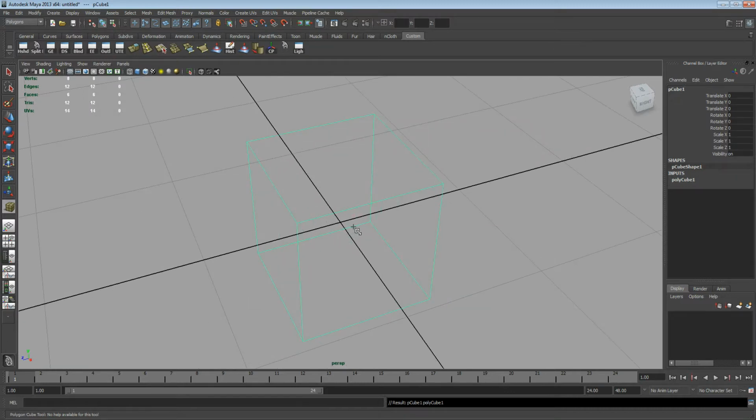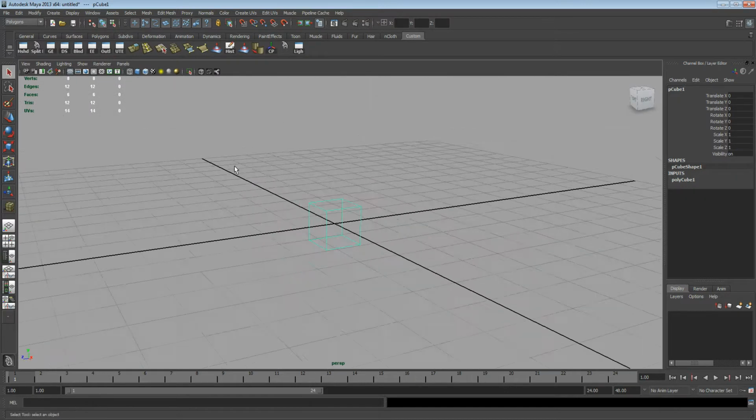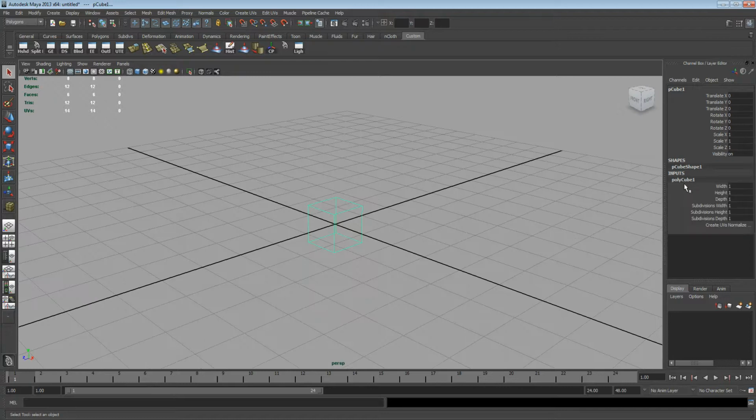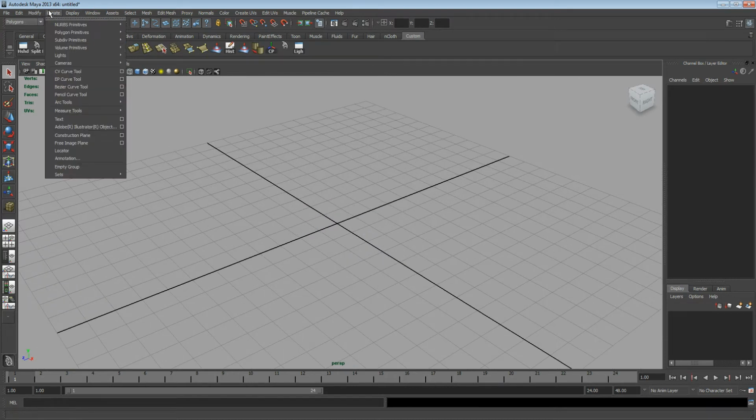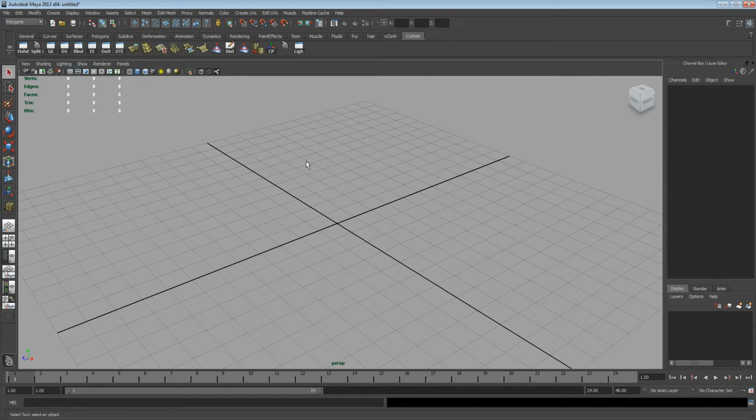It's gonna create a cube for me based on the units one by one by one. Some people like it, some people don't. Personally, I prefer to create it based on my own assumptions. So I'm just gonna check this back on